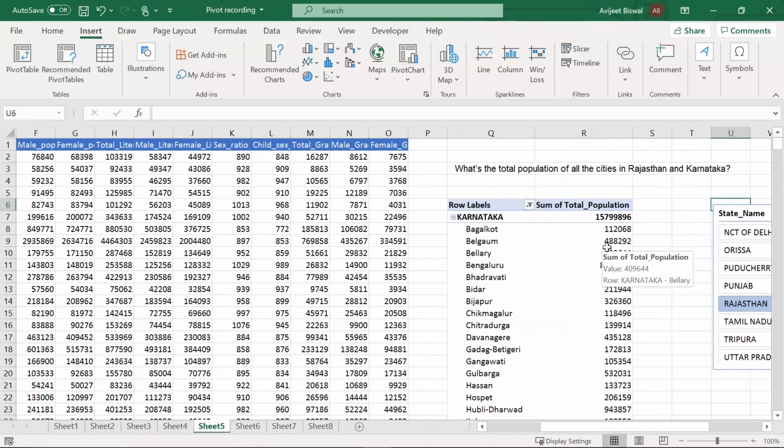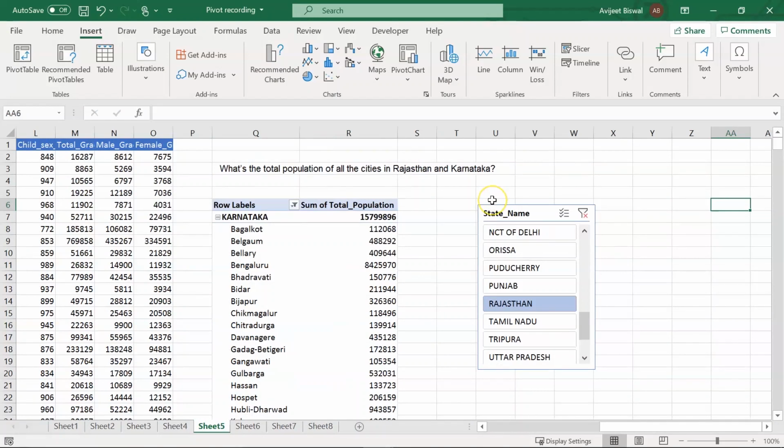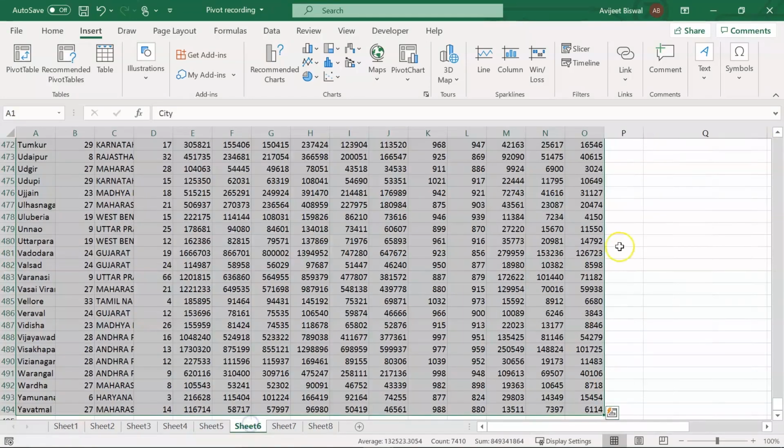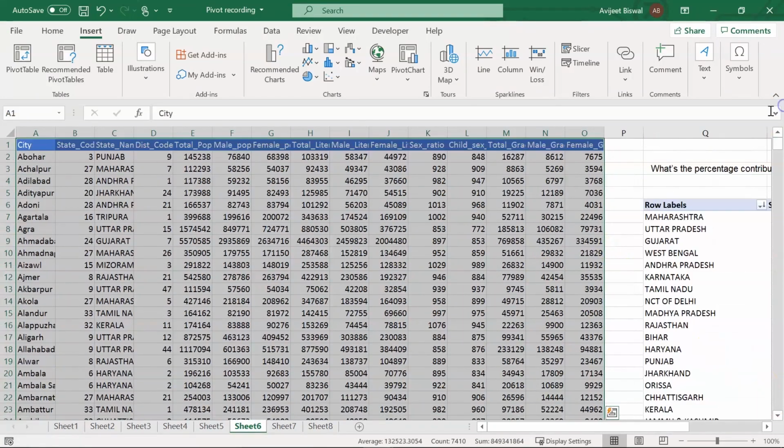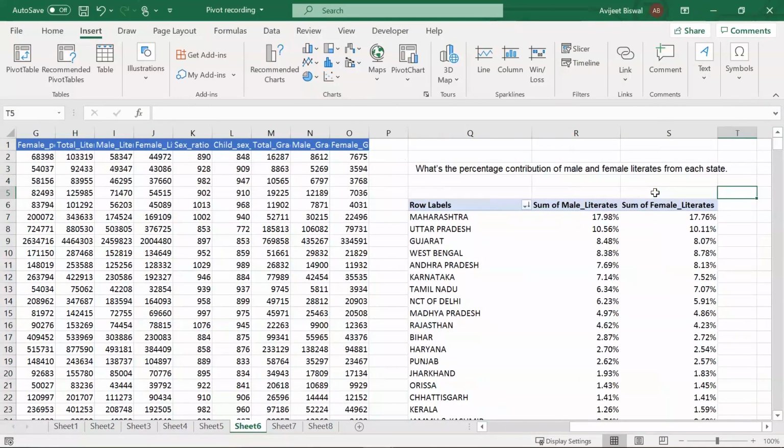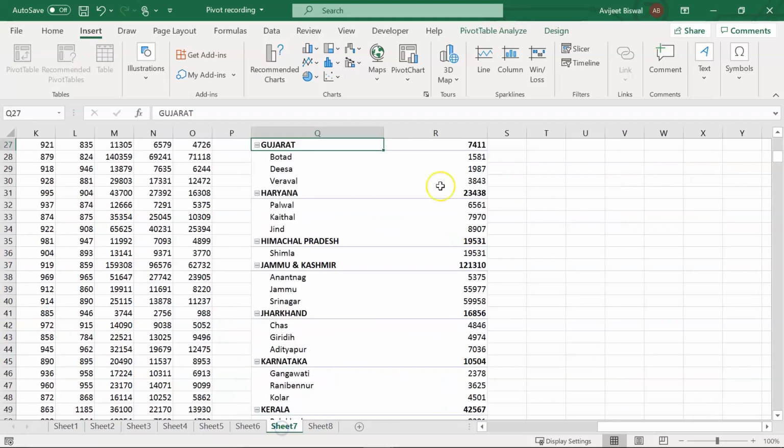Next, we saw how to use slicer in a pivot table. So we sliced our table based on Rajasthan and Karnataka state and saw the total population for all the cities in Rajasthan and Karnataka. In the next sheet, we explored another feature that was to find the percentage contribution of male and female literates from each state.